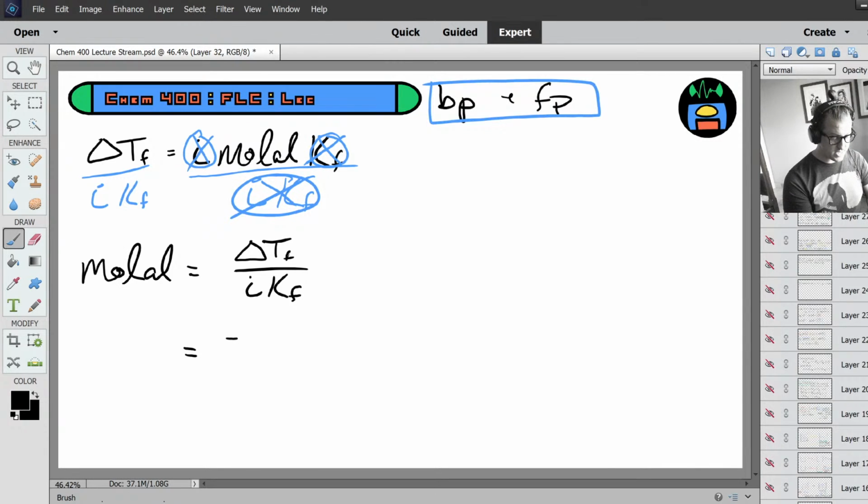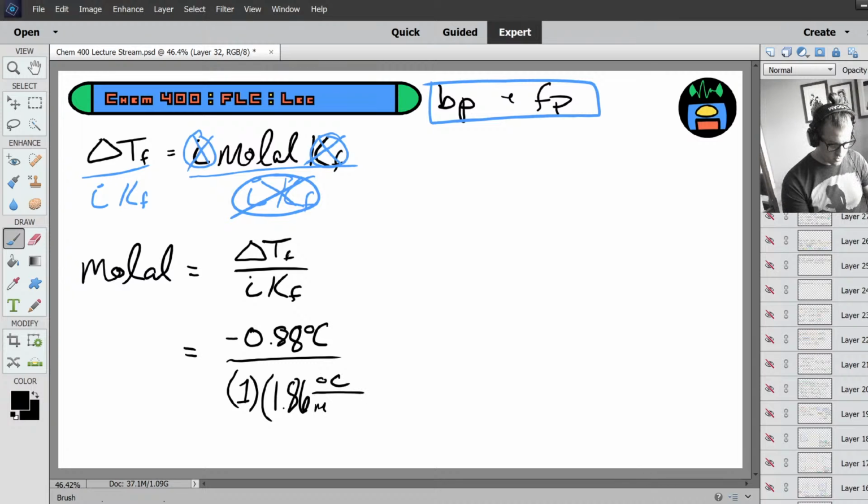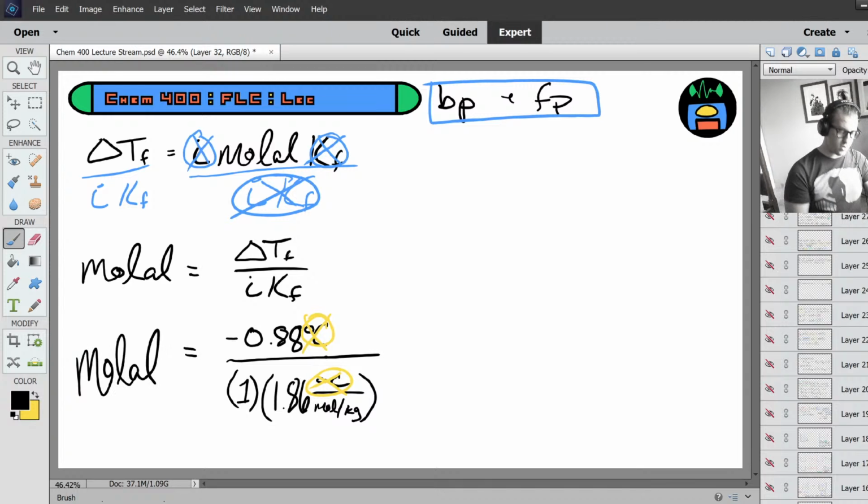Our change in freezing point is negative 0.88 degrees Celsius. Our Vant Hoff factor is 1 because we're dealing with a weak acid, and our Kf is 1.86 degrees Celsius over units for molality. You'll notice that temperature cancels, and that's good because we are actually solving for our molality. So negative 0.88 divided by,